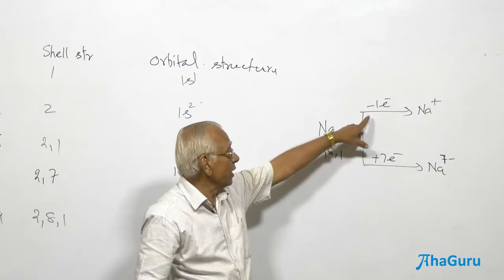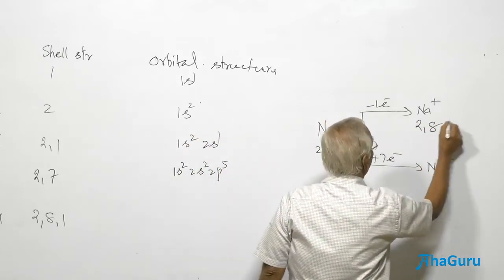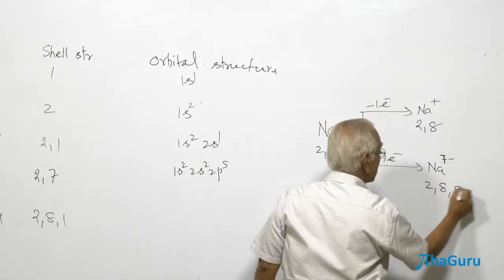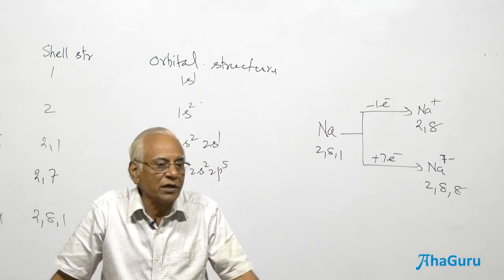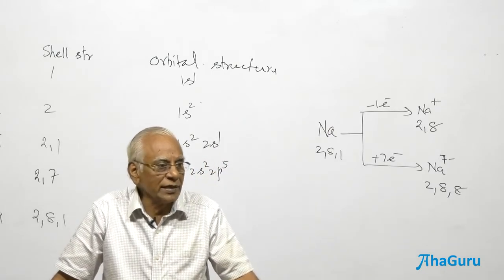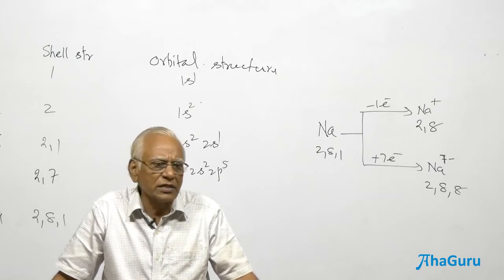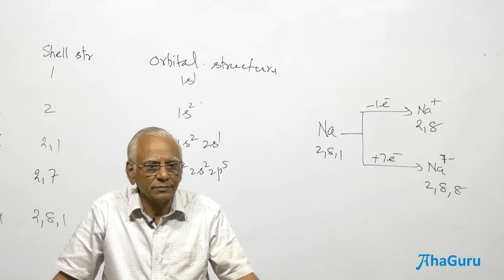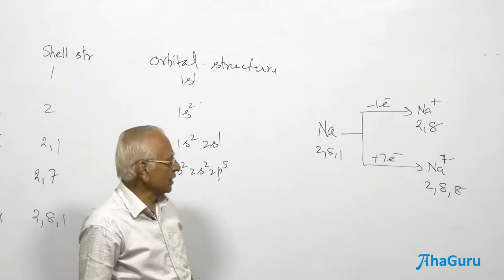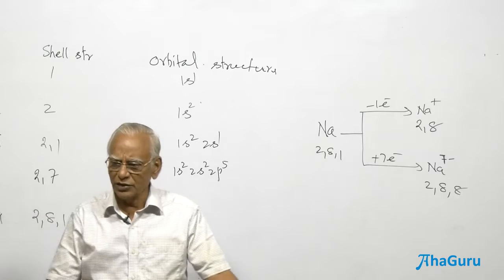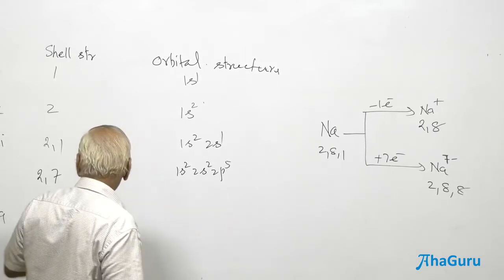At the same time, I am able to remove 1 electron. Are you not getting the octet configuration? Yes, this also gets the octet configuration, but the energy involved in this is going to be much greater. That is the reason why, make a note, you should be writing continuously, that is why sodium is considered an electropositive element.